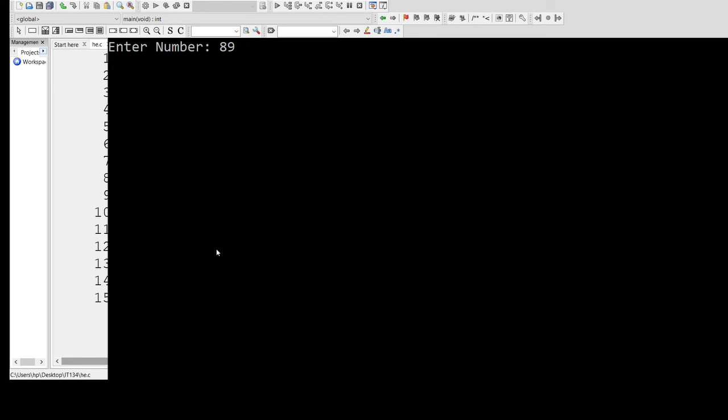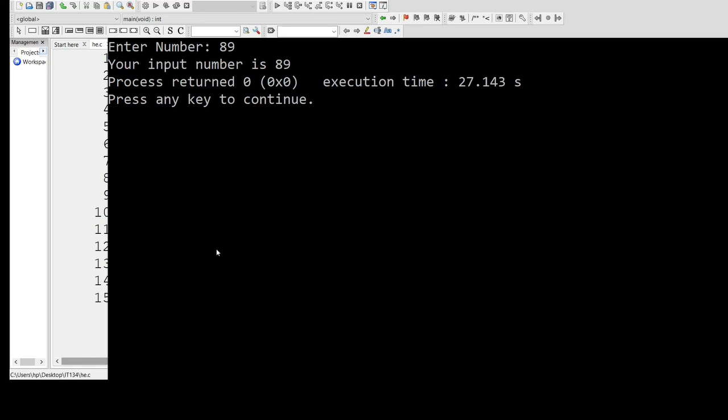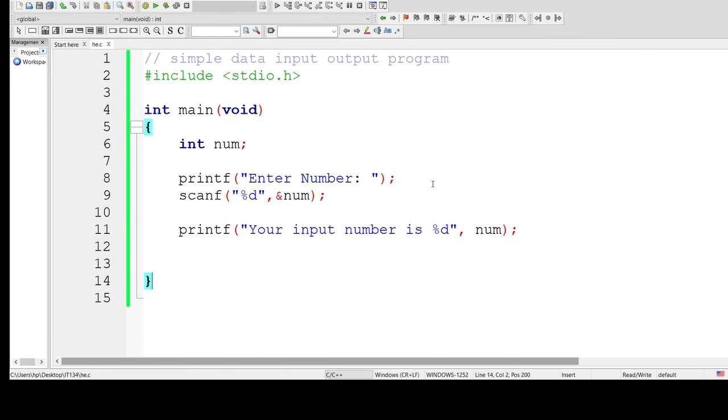Then afterwards, it just prints the value of num. Your input number is 89. So this is just a demonstration of simple input and simple output. I hope you learned something in this demonstration. Next,